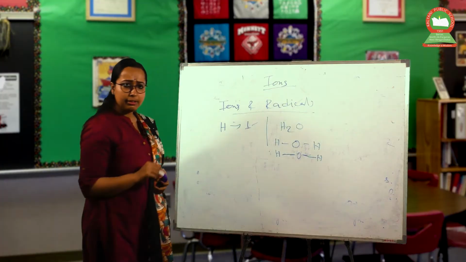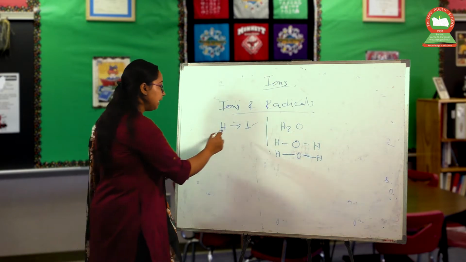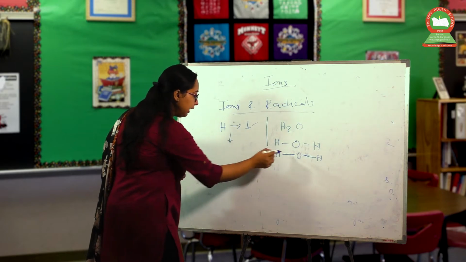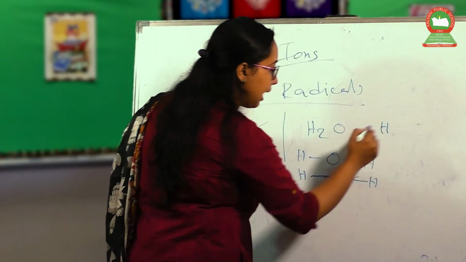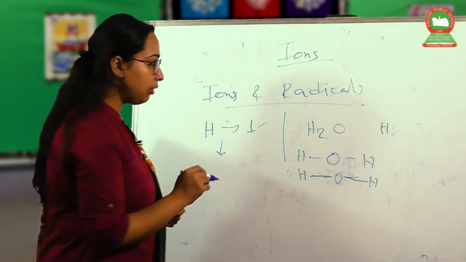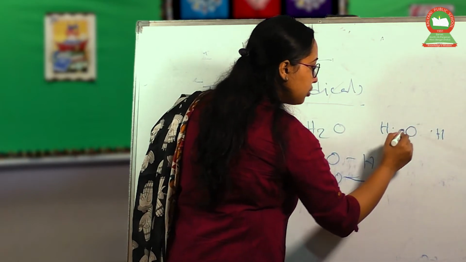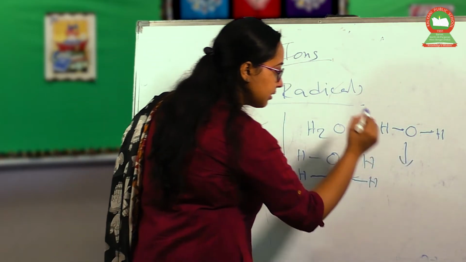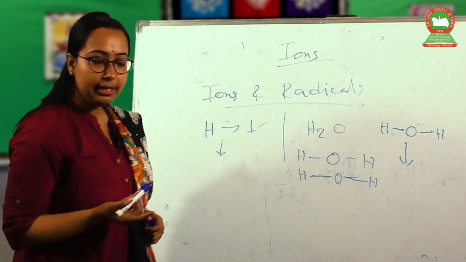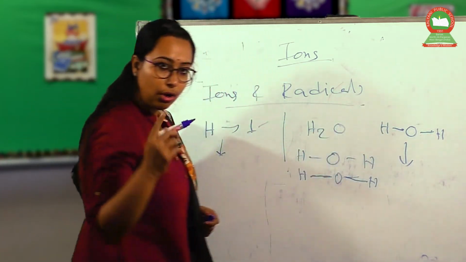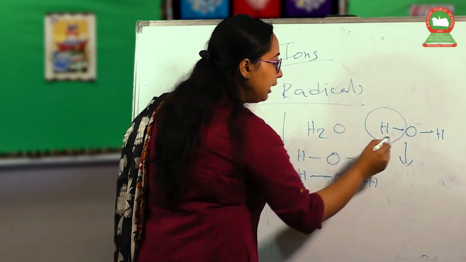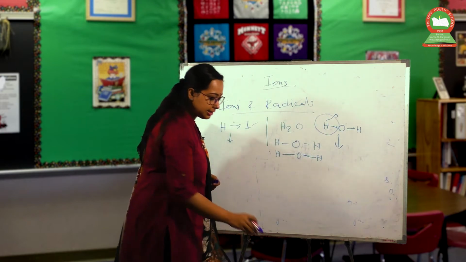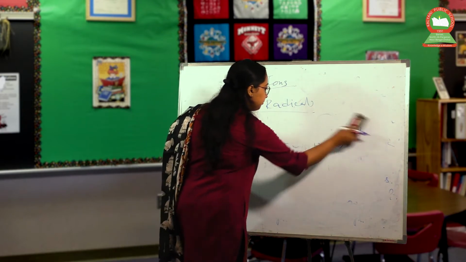H has 1 electron, atomic number 1, because it has a valency of 1, right? On the basis of this, after forming H2, hand means 1 electron and another 1 electron. Oxygen has 2 electrons, so these electrons will form a bond. After this, how many electrons does hydrogen have? Either 2 electrons as a whole, or it will donate 1 electron and produce ions. Clearly, if we take NaCl,